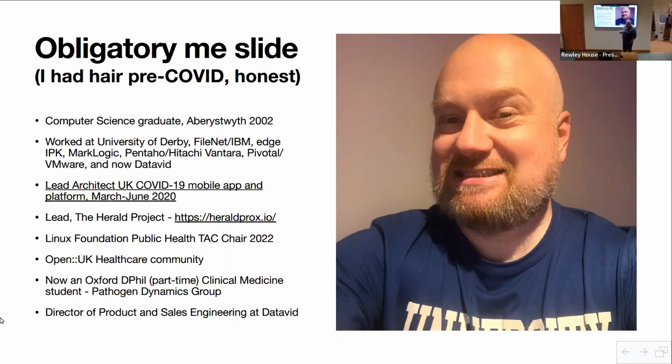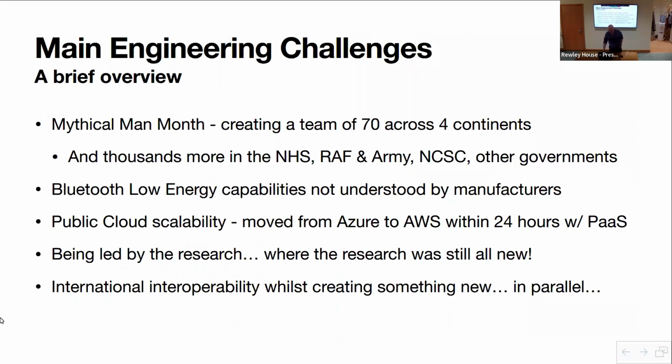The reason I'm here today is not only because I'm now in Oxford working with Rob and Professor Reyes and everyone, but because at the time I got a phone call from the UK government saying get to London, and I was the lead architect for the UK COVID-19 app from March to June in 2020. So what I'm talking about today is mostly that period. I'll mention a few things afterwards, because talking about the bad things is not great. So I'm going to give you some hope for the future at the end of the slides as well, if I get time.